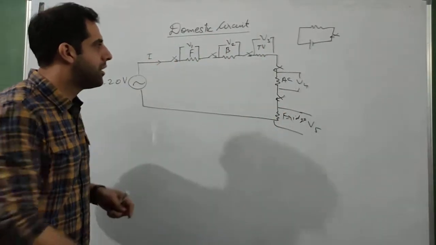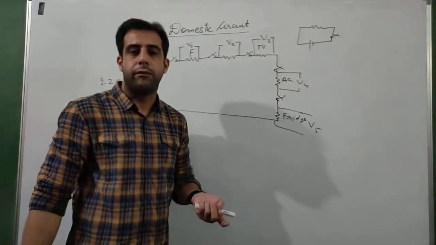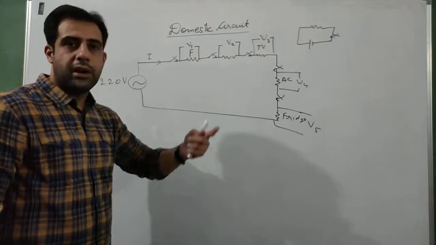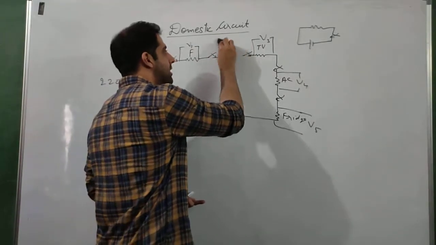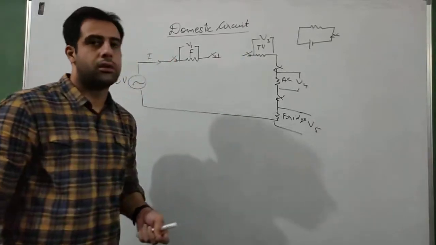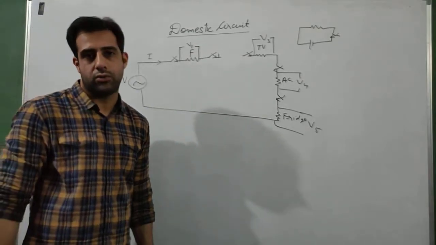Okay. Now what happens if this bulb gets fused? Electric bulbs get fused all the time. What if this bulb gets fused? If it is getting fused, it means that the circuit is open from here. Now will any of them work? Again the circuit is open, none of these is going to work.